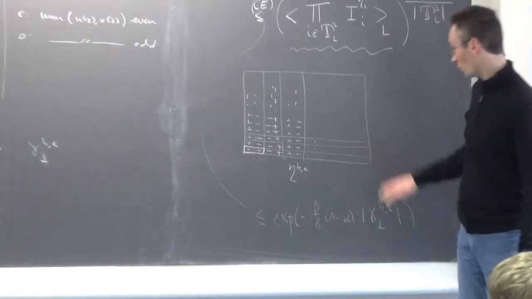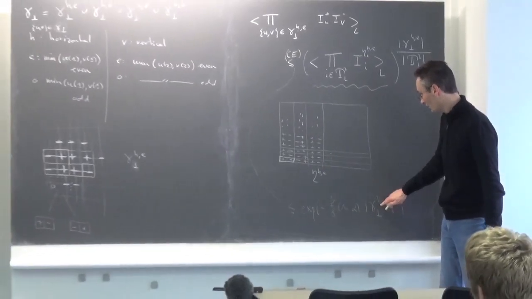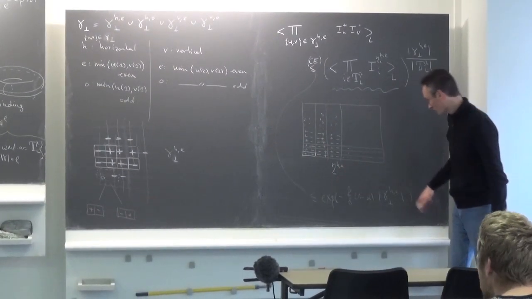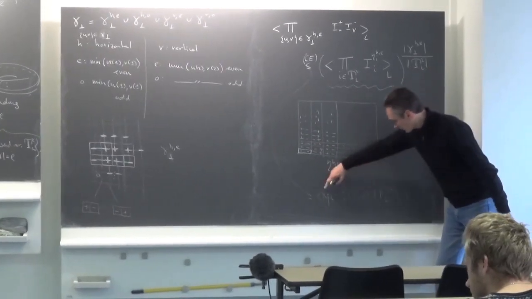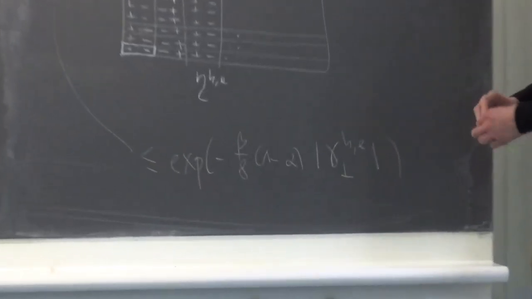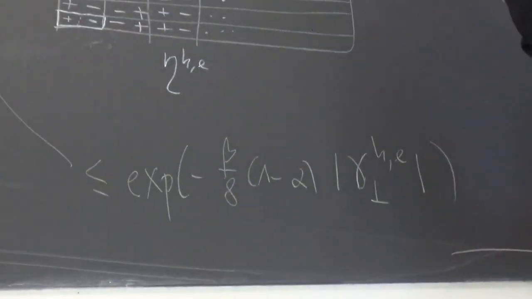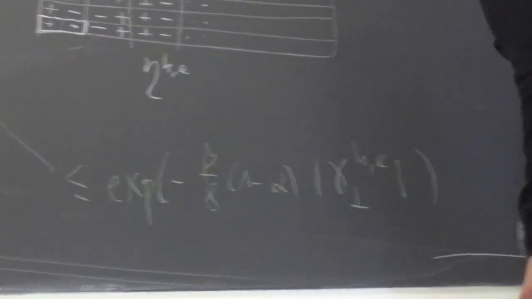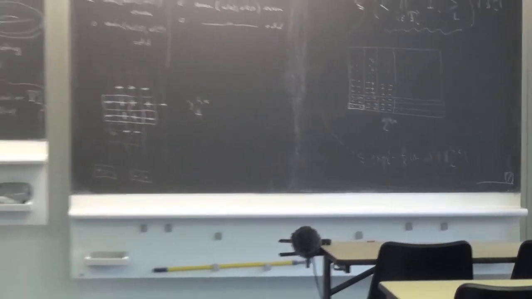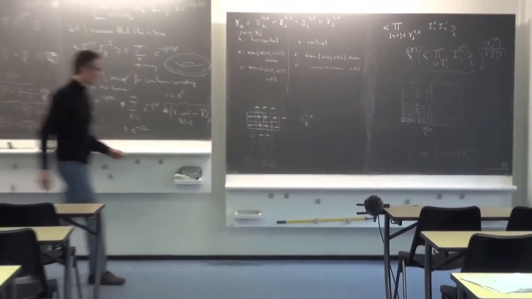And you do the same for vertical even, horizontal odd, vertical odd. When you take the product of the four bounds, you get the expression of the sum, and this reconstructs gamma orthogonal. So this gives you exactly what we wanted. So this was a non-trivial application of the chessboard estimate to a Peierls-type argument, which I find quite nice.